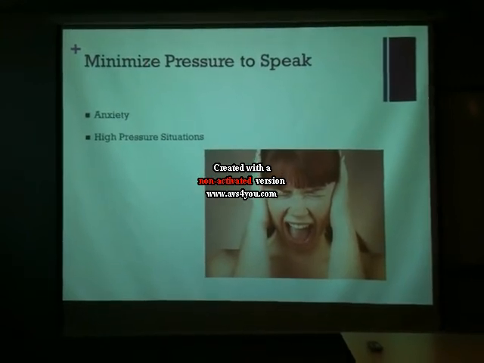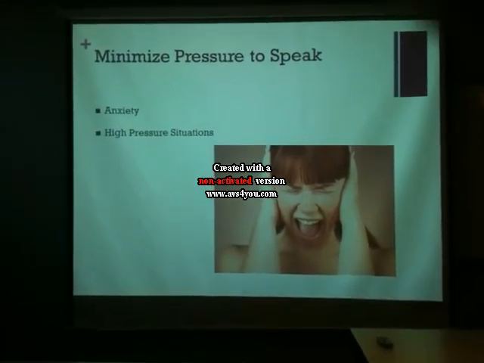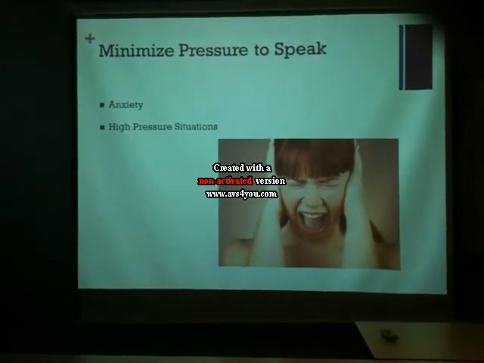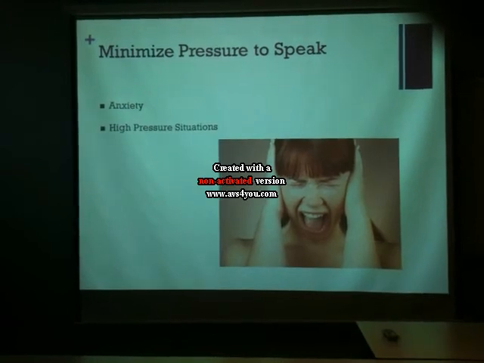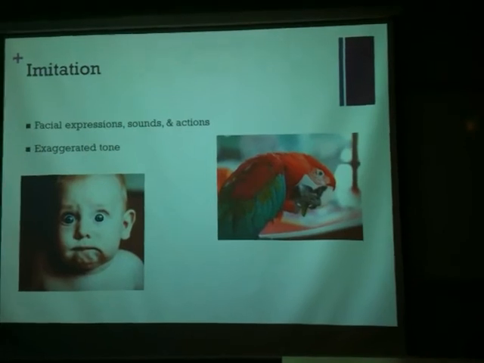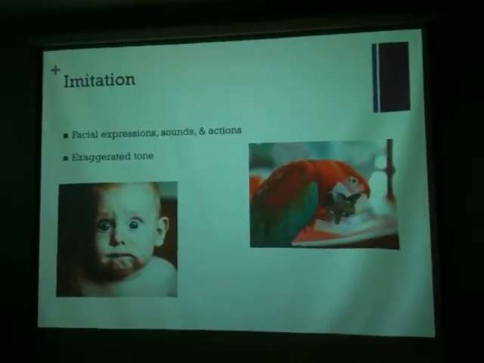Avoid direct requests for imitation, avoid test questions, and minimize time pressure. Use puppets as interactive partners as well. Imitation of the child is very important. According to the Hanen Program, one of the best ways to connect with children who are just beginning to learn how